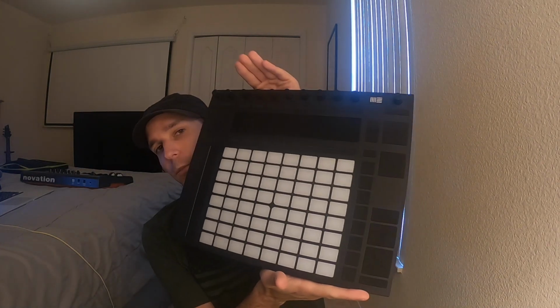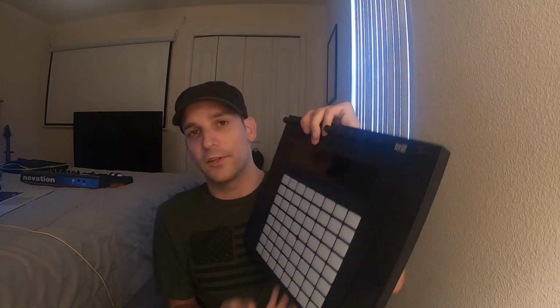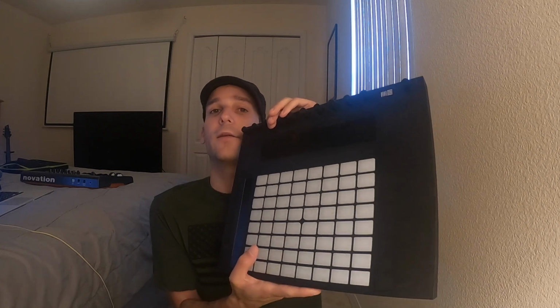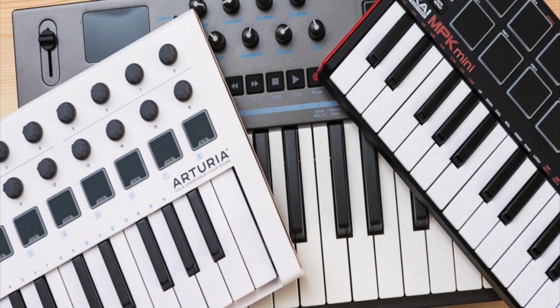You can use that, for example, with a Push. So you can use a Push 2, which is great, great pads. You got all your knobs and features for Ableton. Do a lot of editing. You can do it all in one basically with this, which is a little bit better than a standard MIDI keyboard. So there's other options out there, just so many different little MIDI keyboards that have different functions,